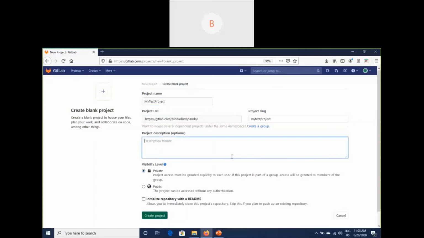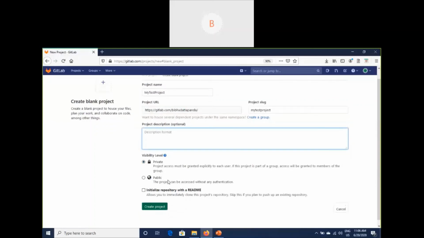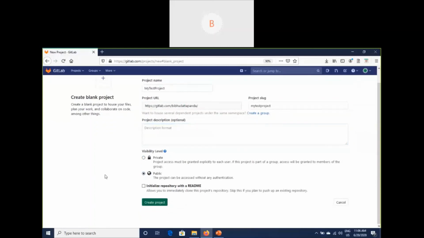If you want to give some description, you can, which is optional. I am creating this as public, and I'm creating this readme file, which is nothing but a file which describes your project. Now simply create project.